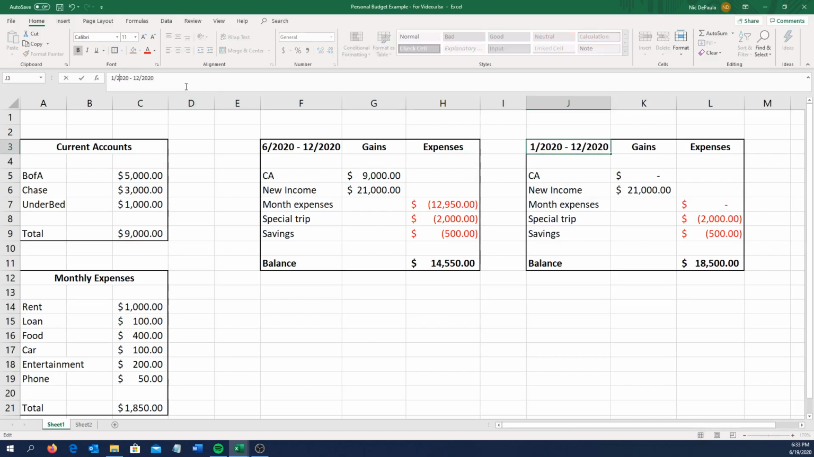So this is going to be January 2021 to June 2021. So that's 1, 2, 3, 4, 5, 6 months also. So my current account is, I'm going to take from the balance over here. So balance is